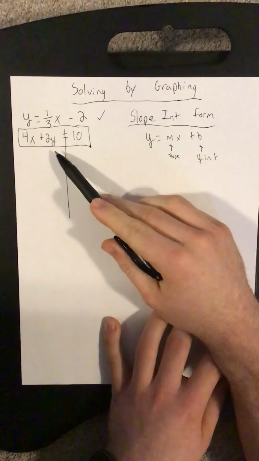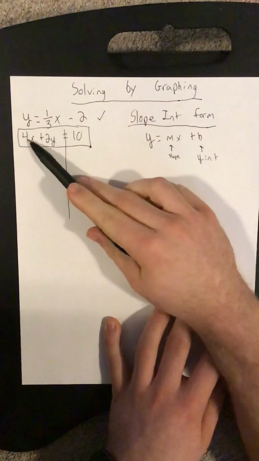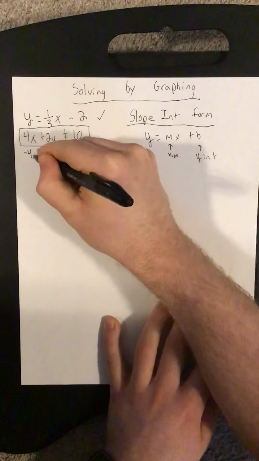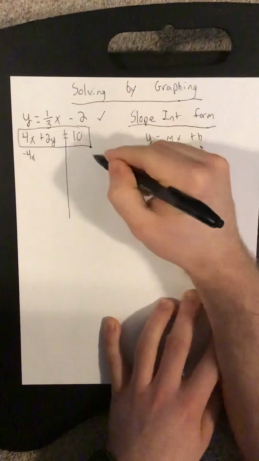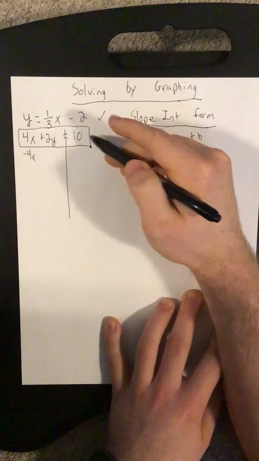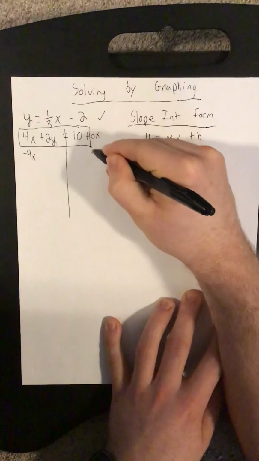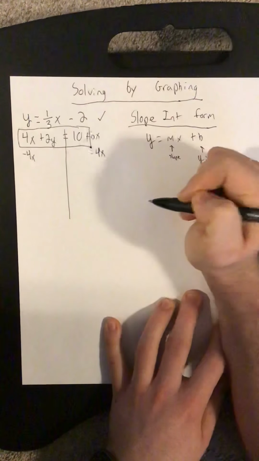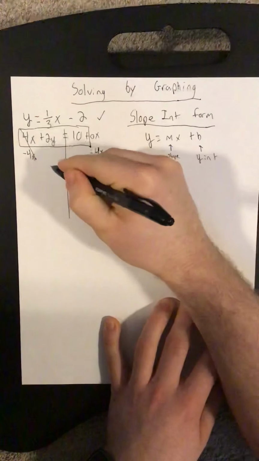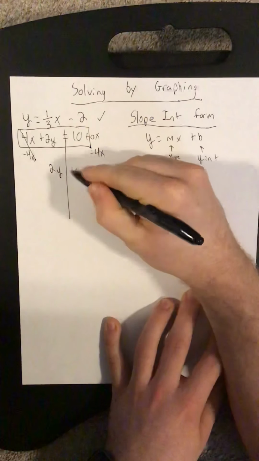The first step to get y by itself is to get rid of the 4x from the side. The 4x is positive, so what we need to do is subtract it from both sides. What we do to one side, we got to do to the other. Now the key here is that the 10 does not have an x on it, so technically there's a plus 0x there, so we subtract 4x from the 0x. The 4x cancels out on that side, you're left with 2y on that side of the equation. On the other side, we have 10